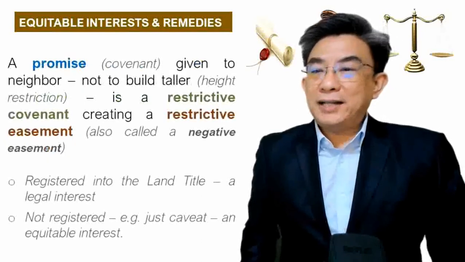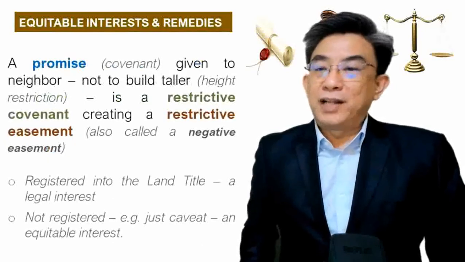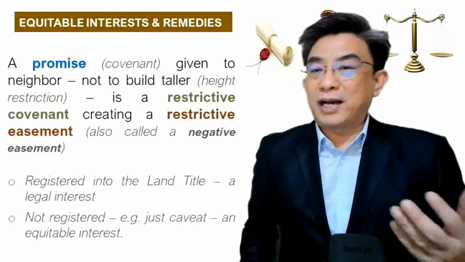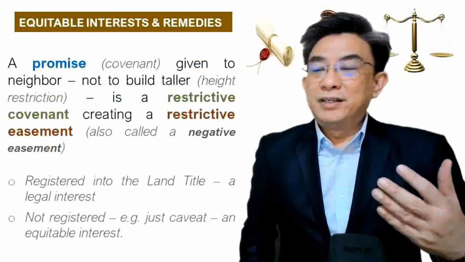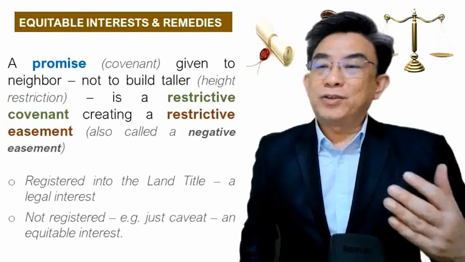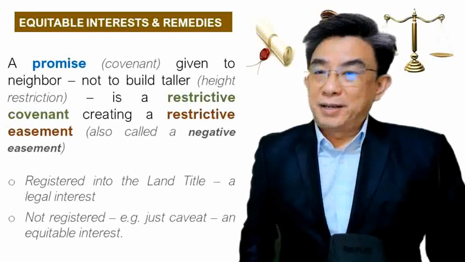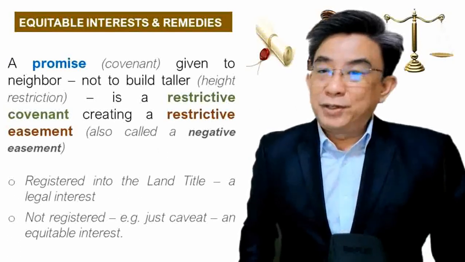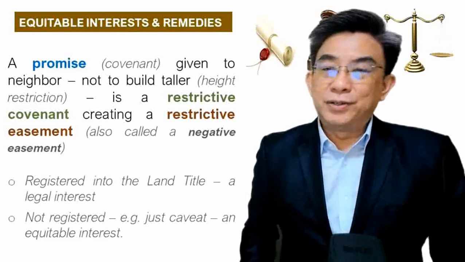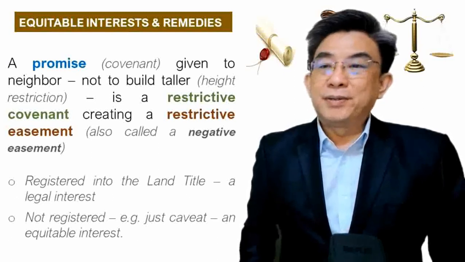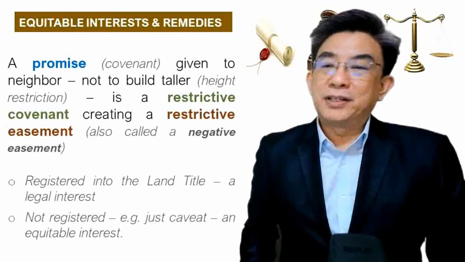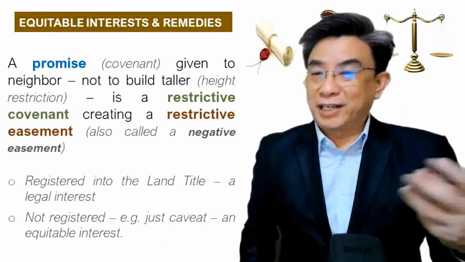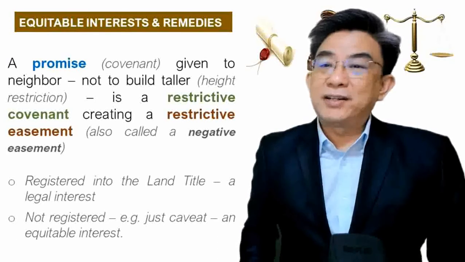Now, let's look at other types of land interest. Say somebody gives a promise. A promise is also called a covenant. Let's say he gives the neighbor a promise not to build taller than the neighbor. Now, this one, I will have other videos. So you're going to search for the video in the same folder because I have a graphic explanation of whether this is the driveway, whether this is height and all that. Okay, so there's some clip up there to help you understand the concept.